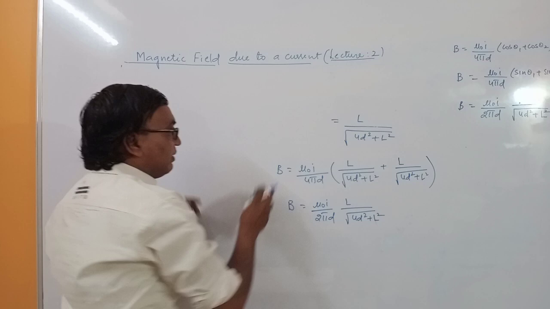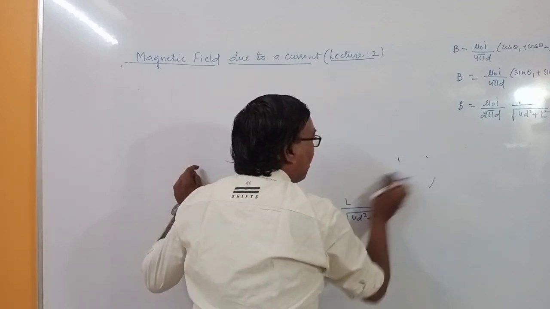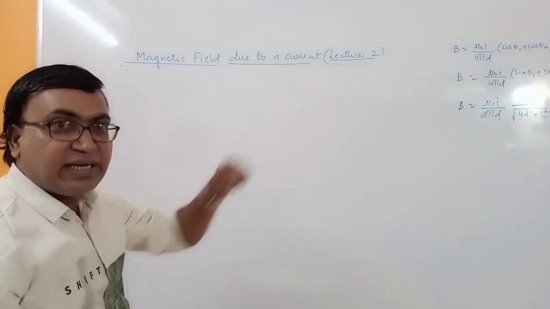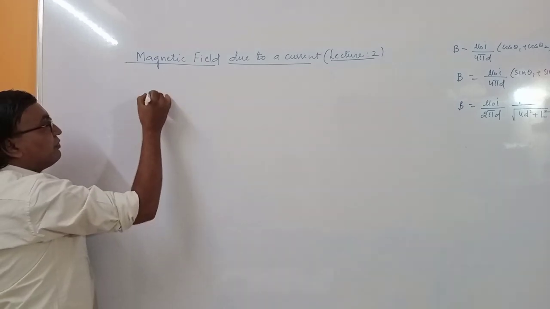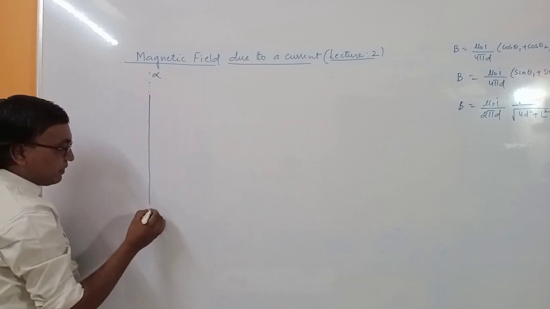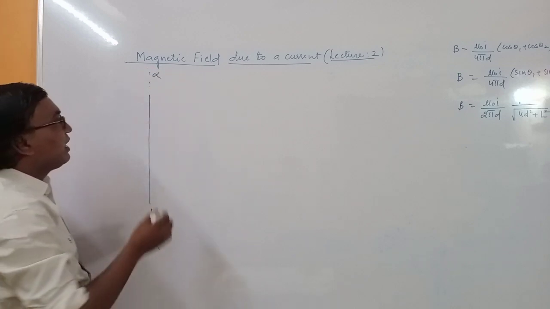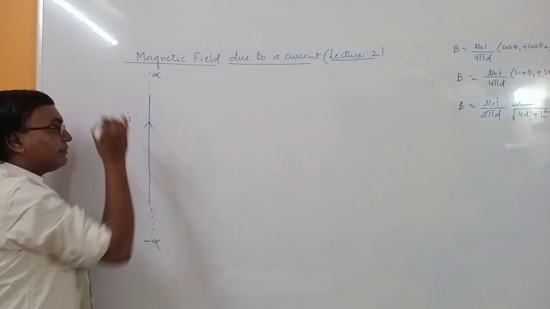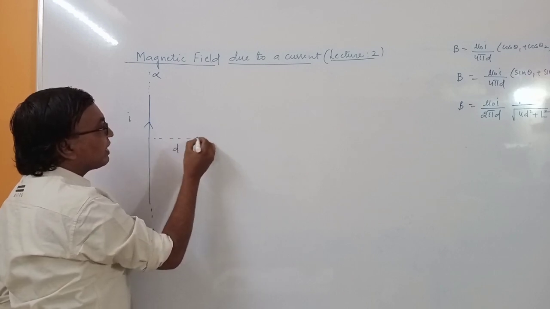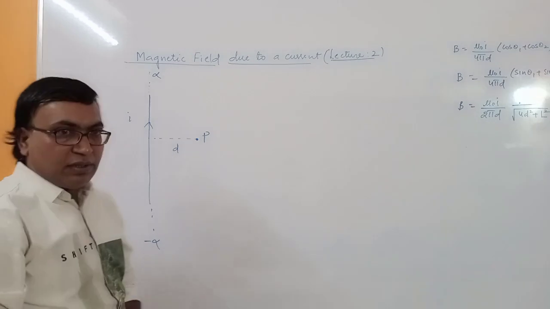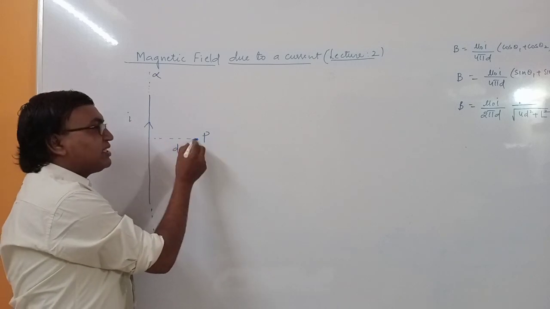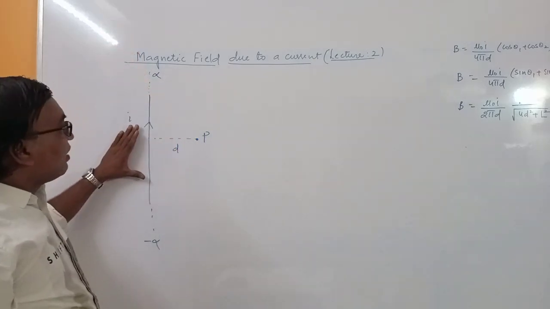Okay, then we will have an infinitely long conductor, infinitely long wire carrying a current I. So if I take an infinitely long conductor, this is extending towards infinity, this is extending towards infinity, and it is carrying a current I. I want to find out the magnetic field at a distance of d at a point P. Okay, so now actually what do you mean by infinitely long? Compared to this distance, the length of the wire is large.